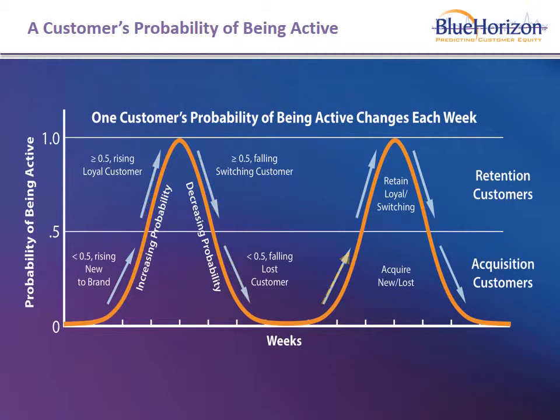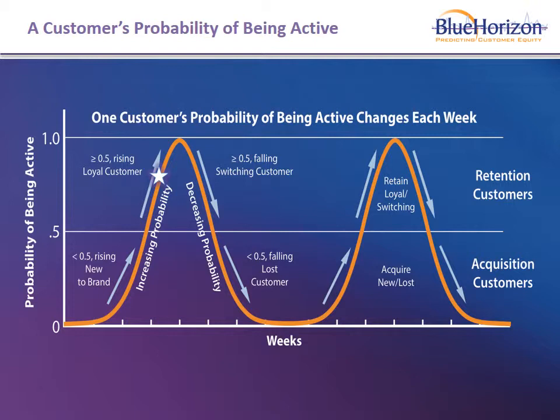Each week, I can use good mathematics to figure out where a customer is in this cycle based on their previous purchasing patterns. In this example, a customer whose probability of being active is low but rising has probably recently been acquired or reacquired by your marketing efforts. A customer whose probability of being active is high and rising is becoming more loyal to the brand, probably from some different marketing efforts.